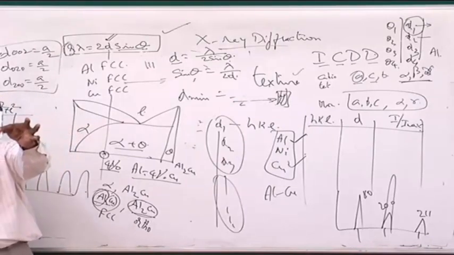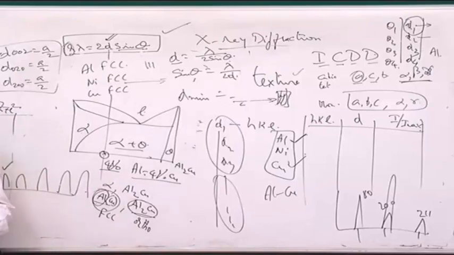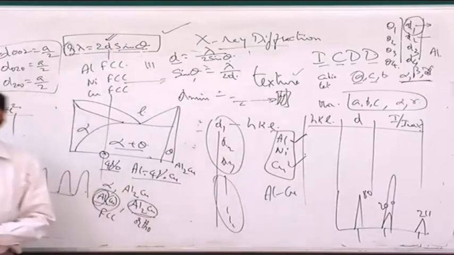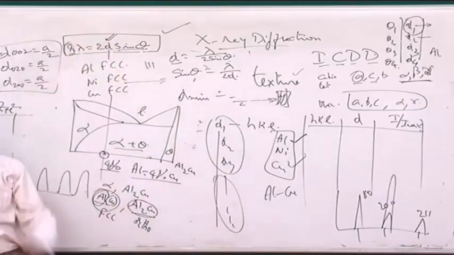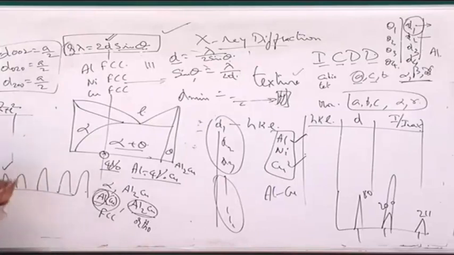If I do not know what my sample is, somebody gives you an unknown sample, says please find out what this material is, what phases are present, I have nothing else to do but to find out these. First take the first peak and check which are the materials with which it is matching. It may match with 100 different materials. How do I know which one out of these 100 is my material?